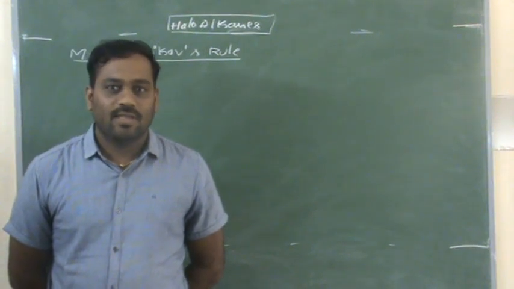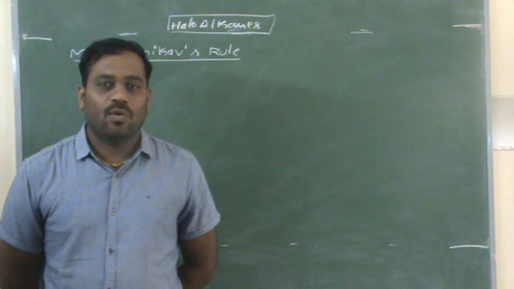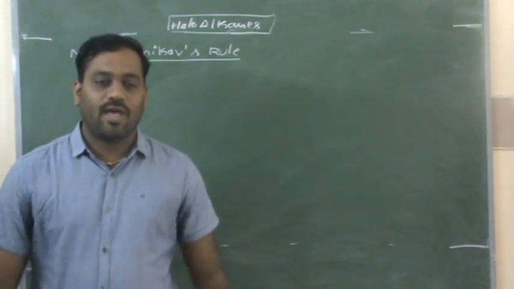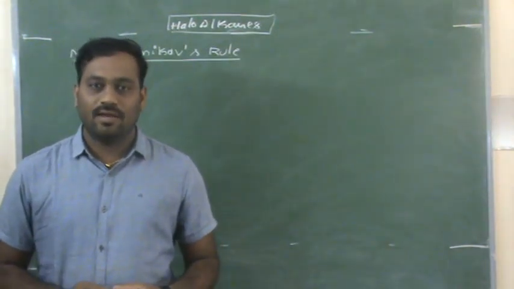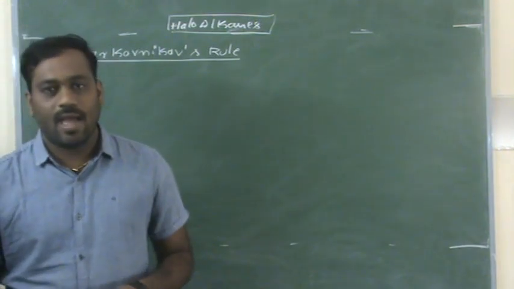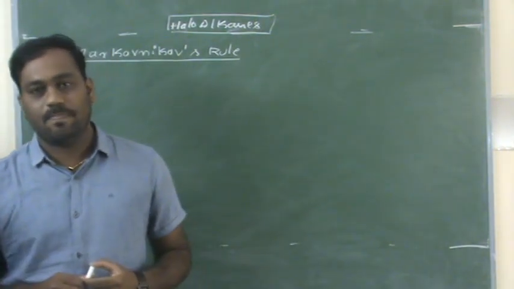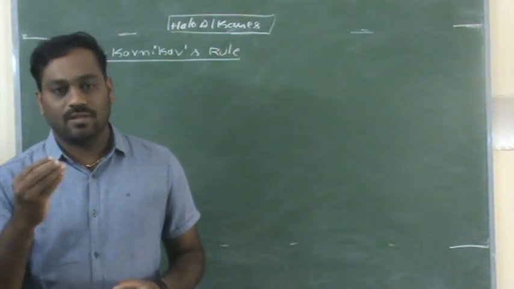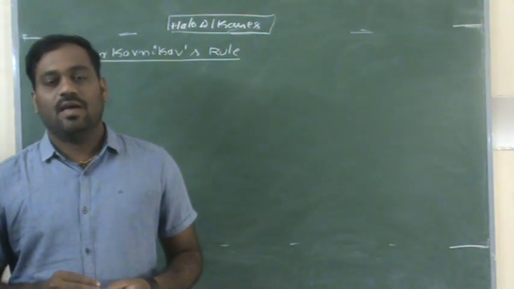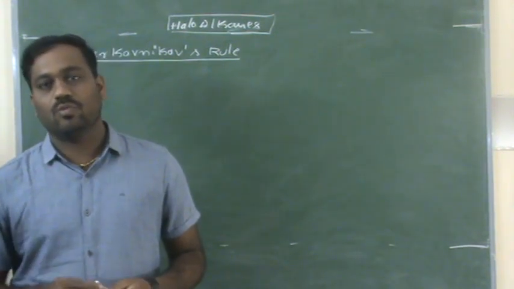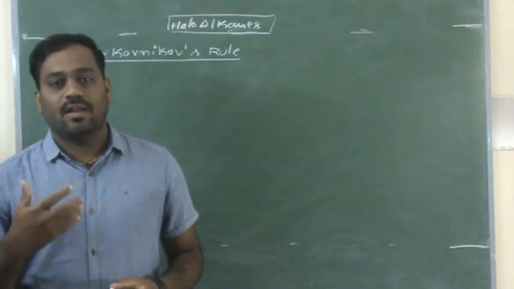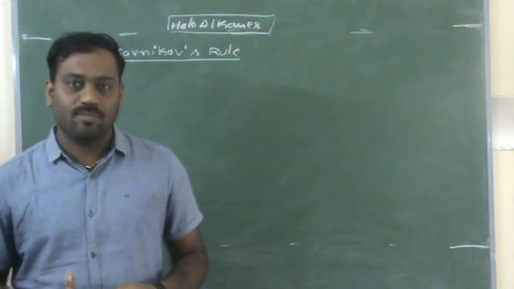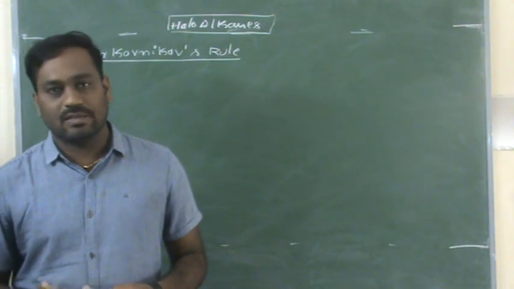Good morning, students. In the last class we completed some preparation methods of haloalkanes, that is, how we prepare haloalkanes from alcohols. That was Darzens' method. Next, using Lucas reagent, and also using SOCl2, and also using red phosphorus with chlorine and bromine, Cl2 and Br2. These methods we completed in the last class only.